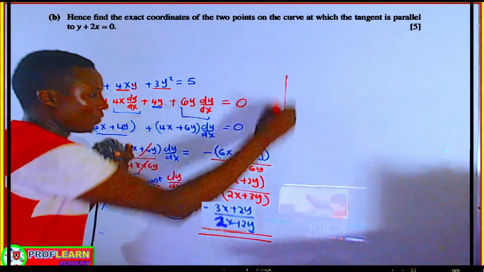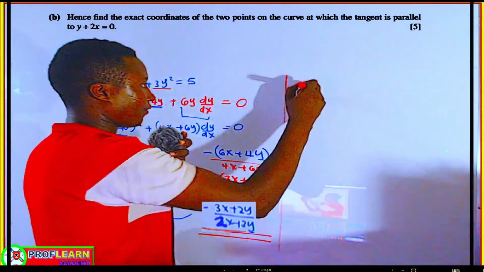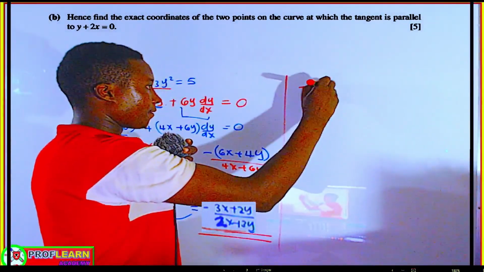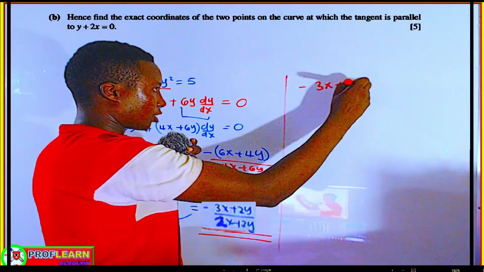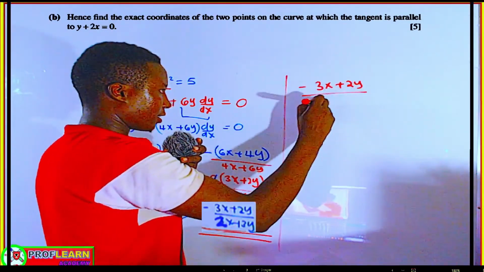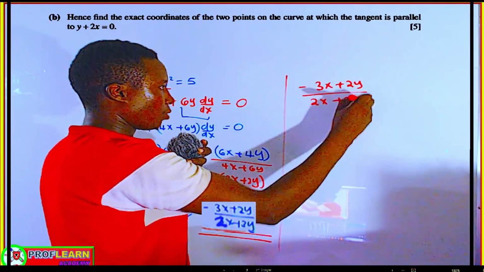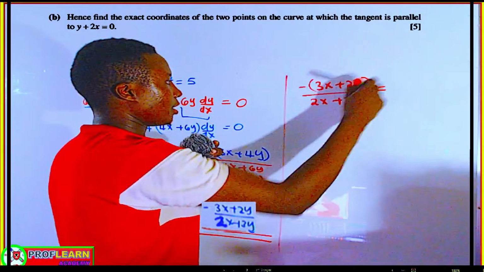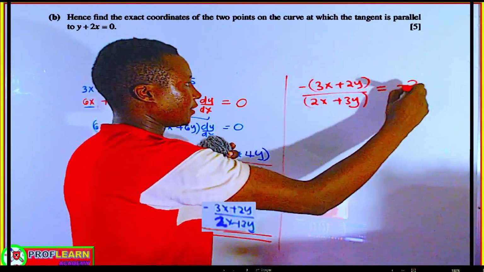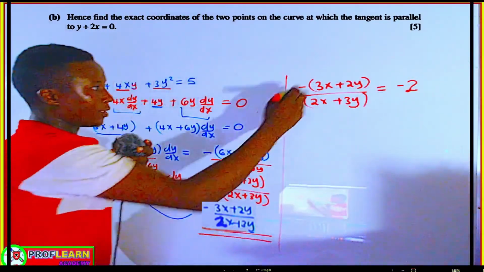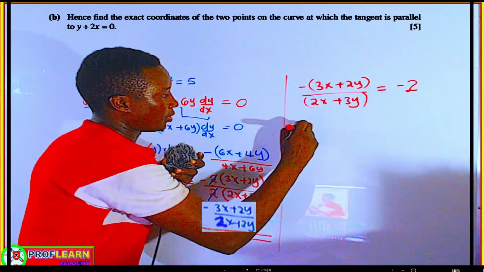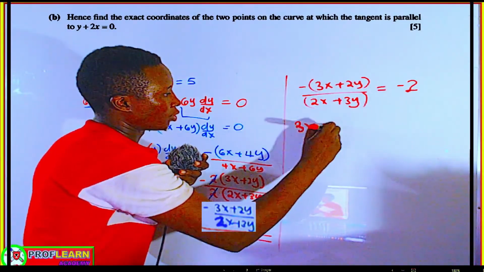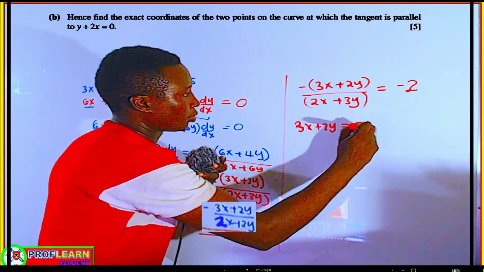So here we are going to say therefore negative (3x plus 2y) over (2x plus 3y) is going to be equal to negative 2. So this negative will cancel out, and we shall have 3x plus 2y equals 2 into